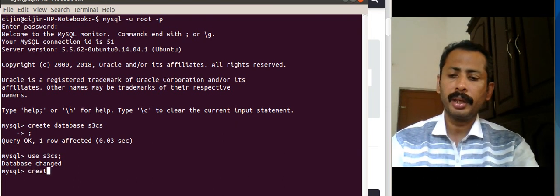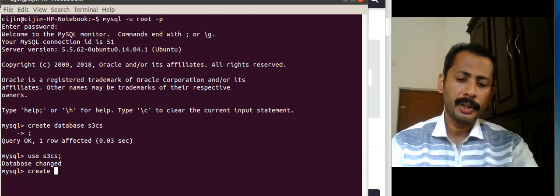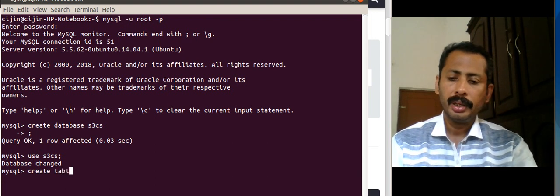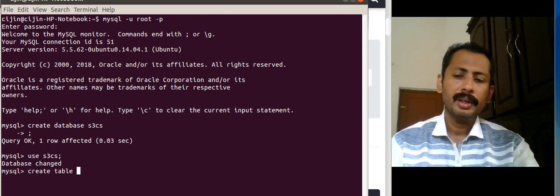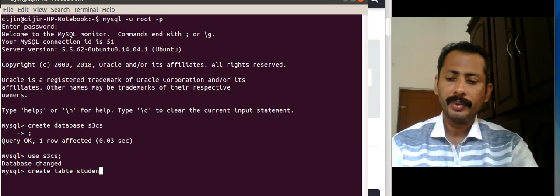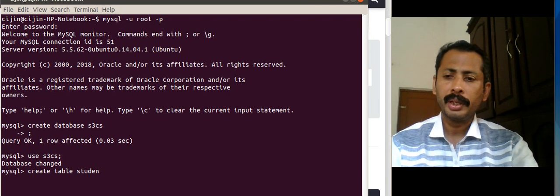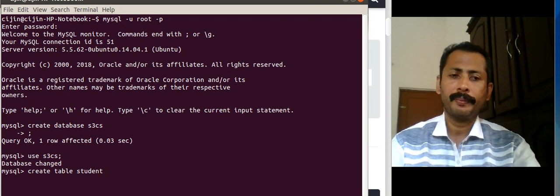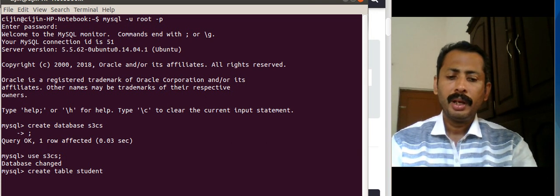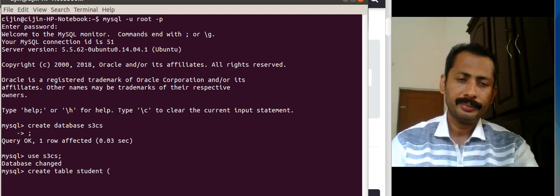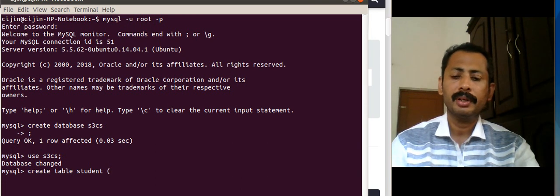Again, create. What has to be created? A table has to be created. So create table. Then the syntax demands the table name. So create table student, and in brackets we have to give the field names along with type.